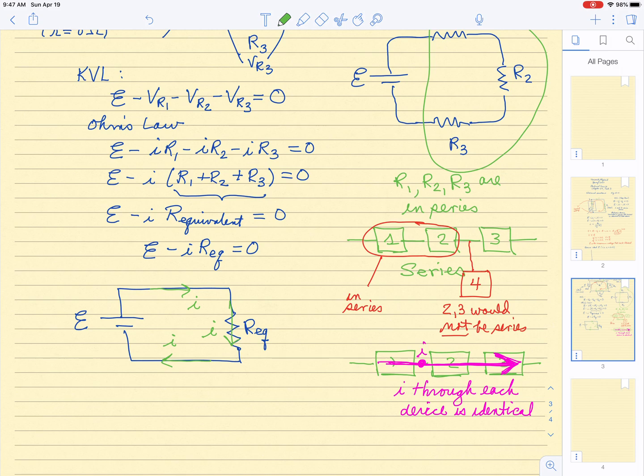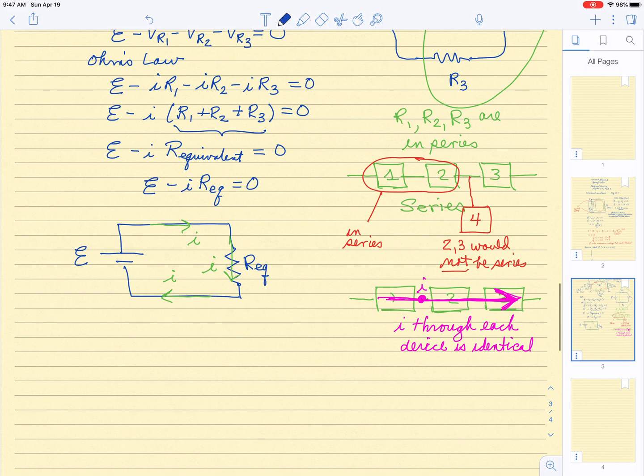Now, you might say, that seems silly, right? Then why did we use 3 resistors to begin with? And that's not going to be part of this discussion of where in electronics we might want to make these kinds of transformations. But the bottom line for us is that for